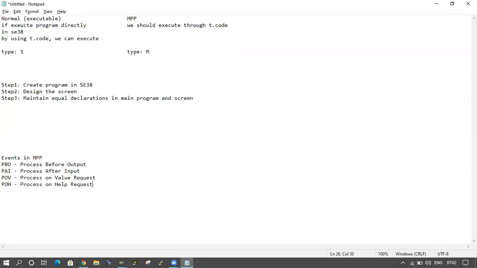So 4 events are there in module pool programming: PBO, PAI, POV, POH.